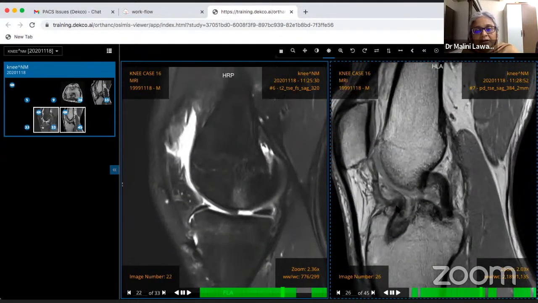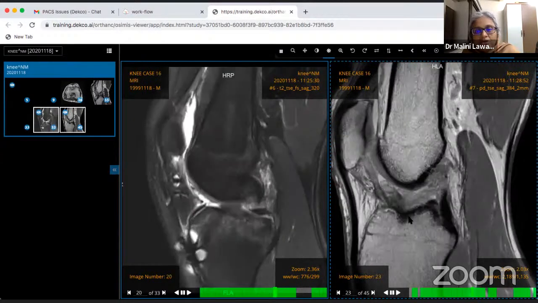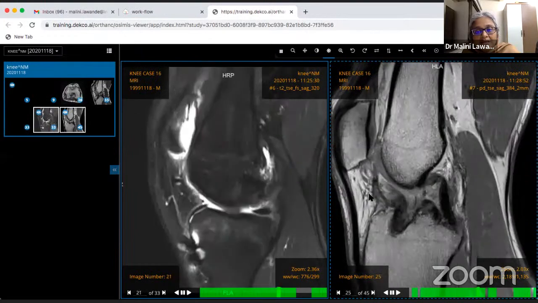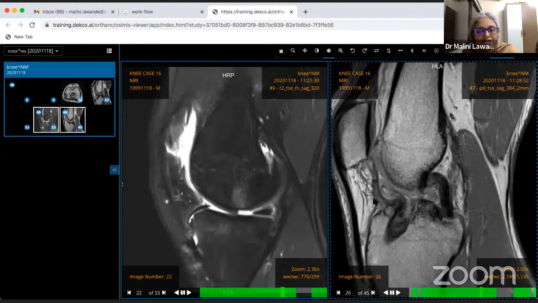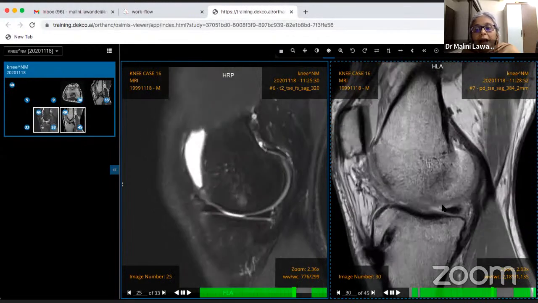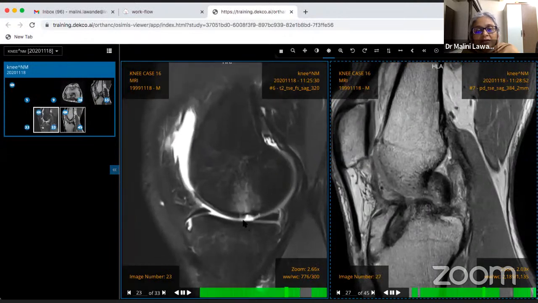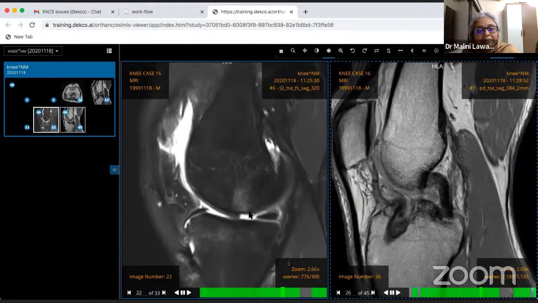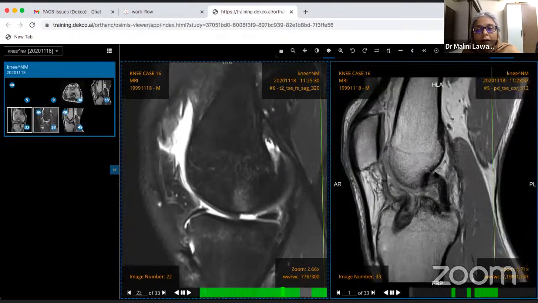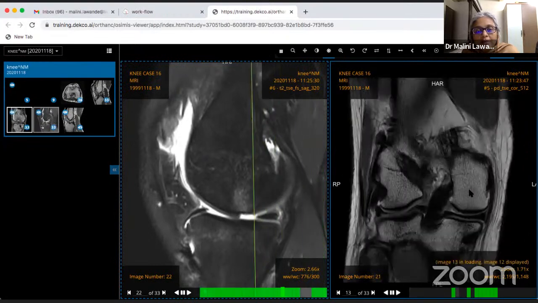And anyway, the patient has come back. So history again is important. Patient has come back with injury. This is what I said when I said there will be Hoffa's fat pad, some scarring in this area, which is expected. And now, also what I see here is, can you see this cartilage defect? So when you have marrow edema, look carefully at the overlying cartilage. There could be, and now we look at it on the coronal images